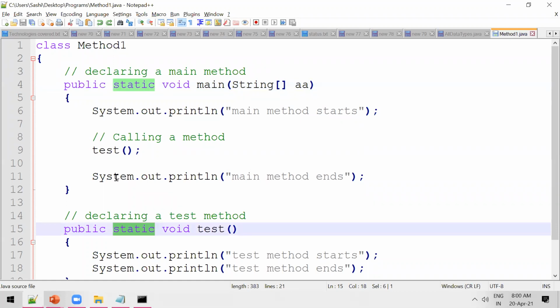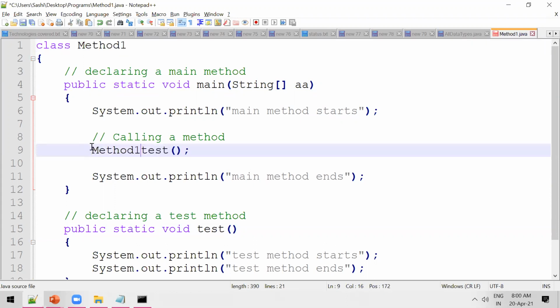So static methods we can call either directly or by using the class name. How am I going to call? Simple, by using the class name: Method1 dot, class name dot method name, right?